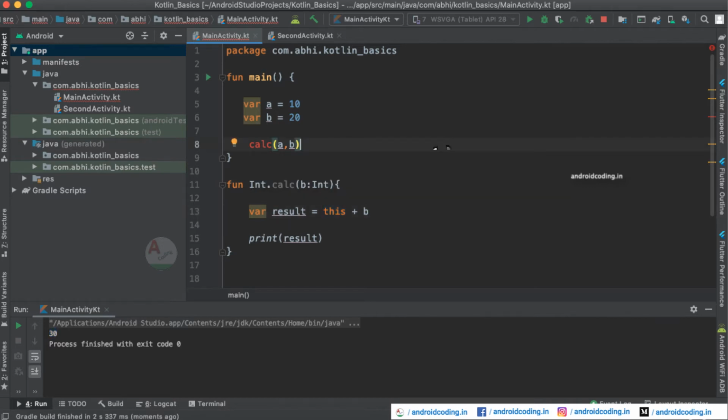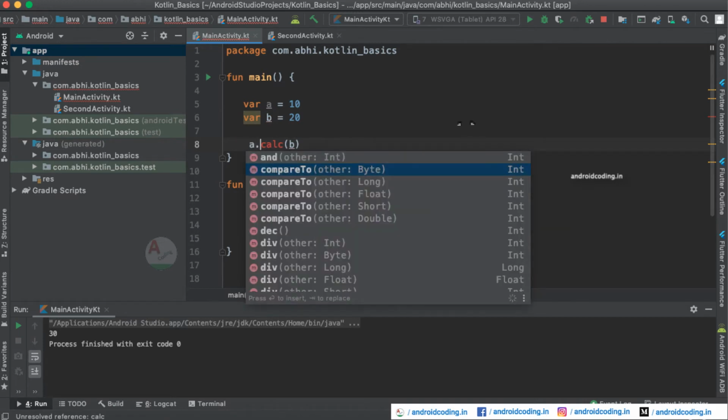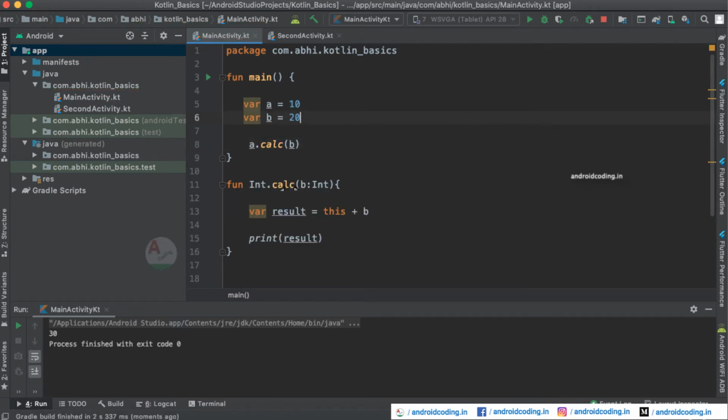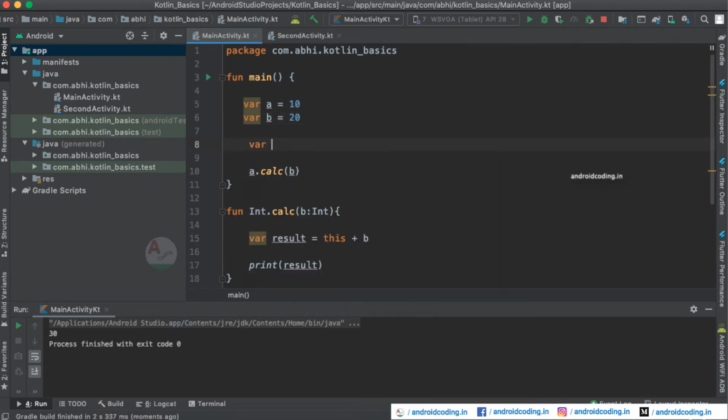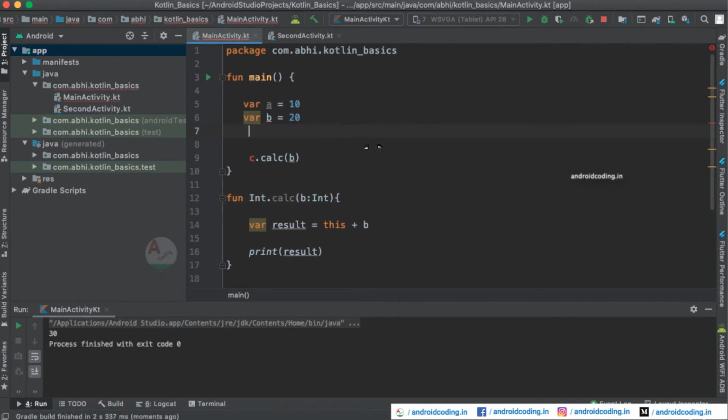So now let us try to call our extension function here, and now we are having only one parameter, so remove the a here and you can add the a here. Why? Because we have extended our function with int here, you can see. So we can pass any int variable here, not only a. If you have declared another variable c to be 30, you can also pass c here. It will accept any integer variable here as you have extended it with an int data type.